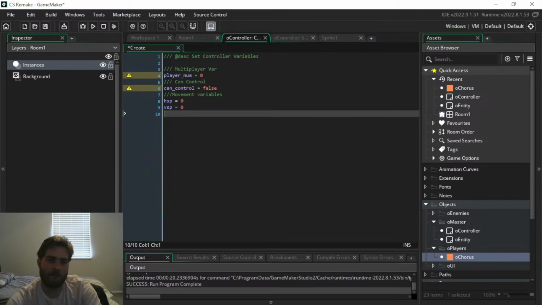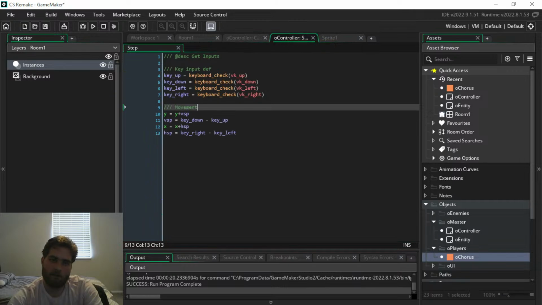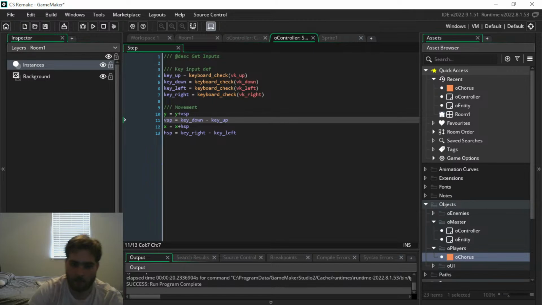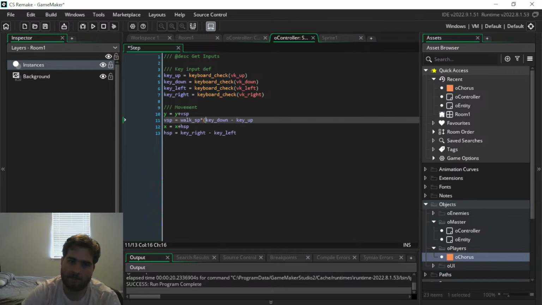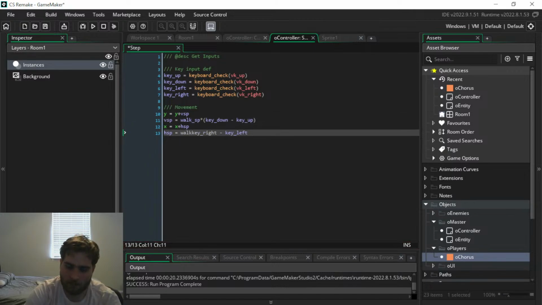Like, no, we already have that. I'll find a place for it eventually. But let's do walk underscore SP. And walk SP, let's set it to 5. And then what we're going to do here is go into OController and key down minus key up. So it's going to now be walk underscore SP times key down minus key up. Walk underscore SP